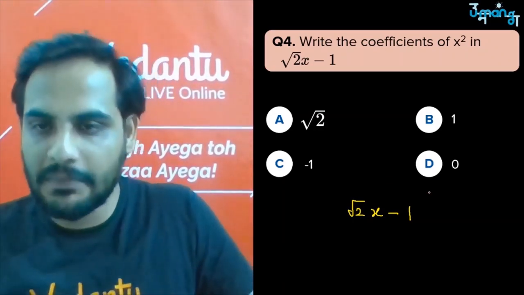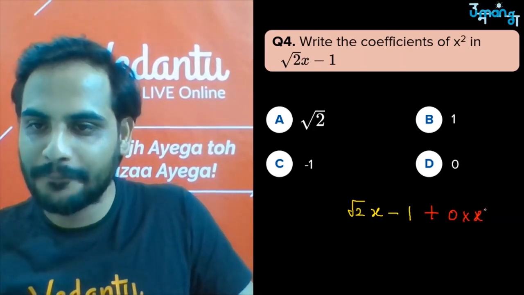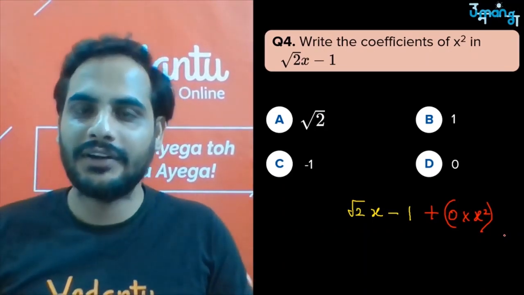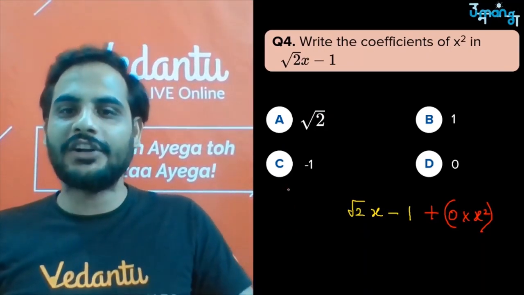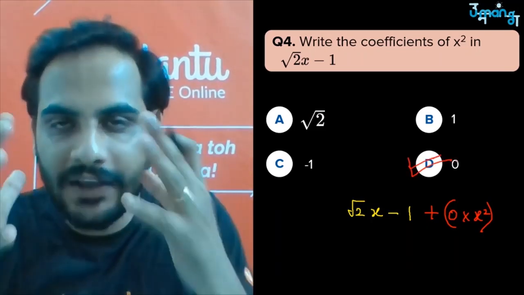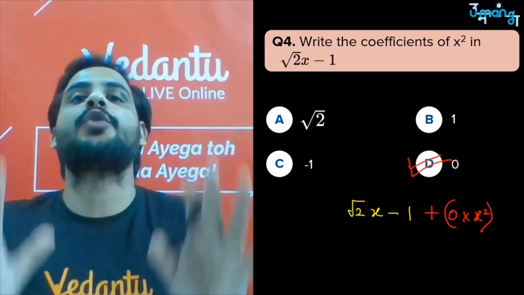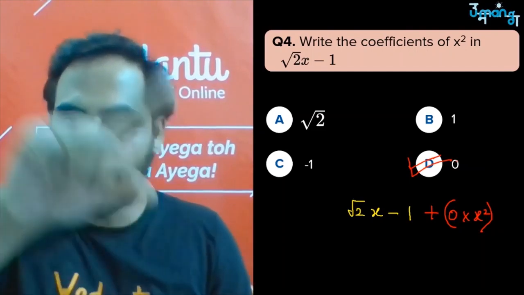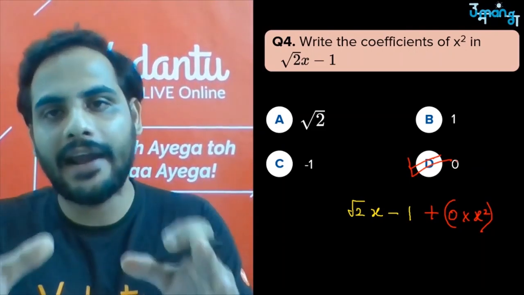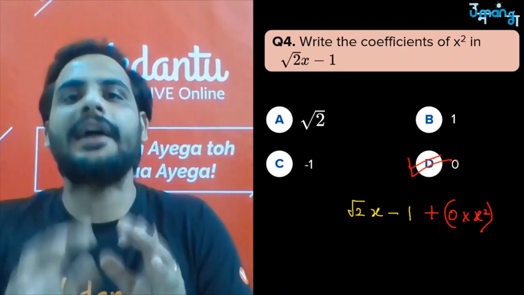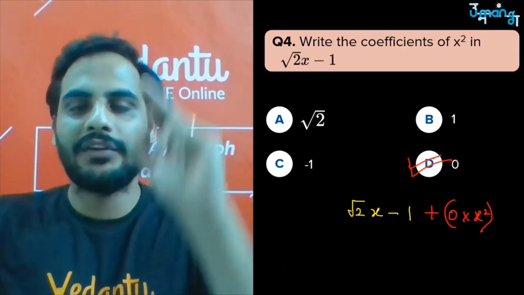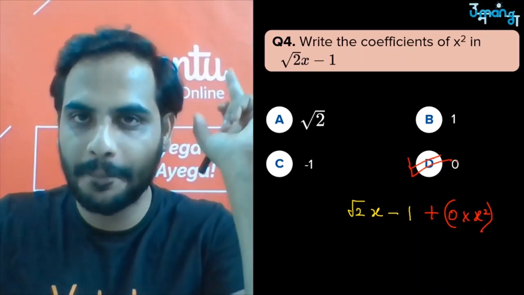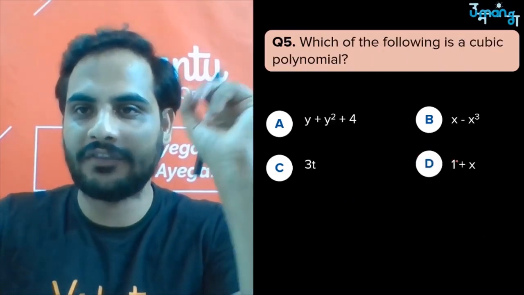It means that maybe I can write it as 0 into x square. If x square is not there, I can write it as 0 into x square. 0 into something is 0. Don't worry. So I can say coefficient of x square will be equal to what? 0. When that variable term is not present, that means its coefficient is 0. If I ask you what is the coefficient of x cube, you will tell me 0 because x cube is not present here. And I can add 0 into x cube in that, it will not change the polynomial. Got it? So when the variable part is not present in that polynomial, coefficient will be 0. Is it clear? Let's go for the next question.